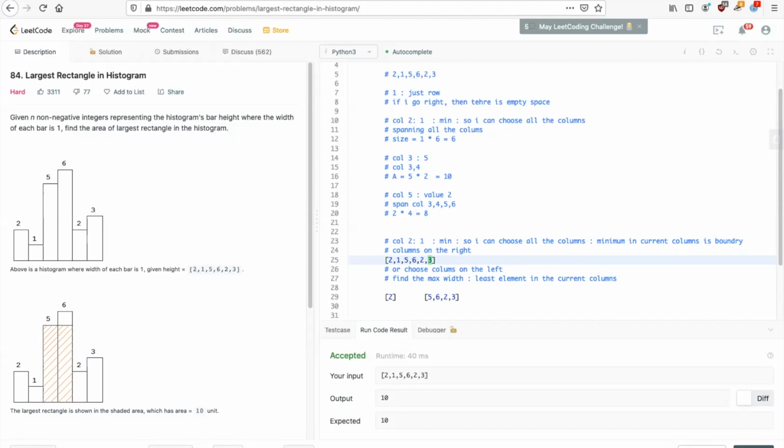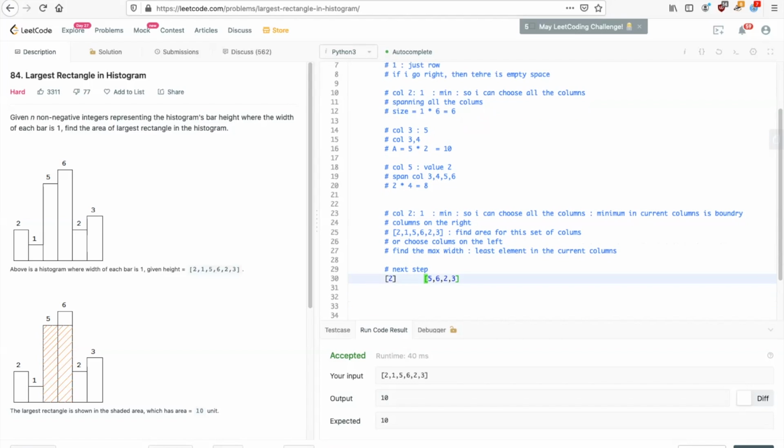Once we find the area for this set of columns, then you say next step, this one. After this, we say, okay, 2 is simple. Now let's say in this one,